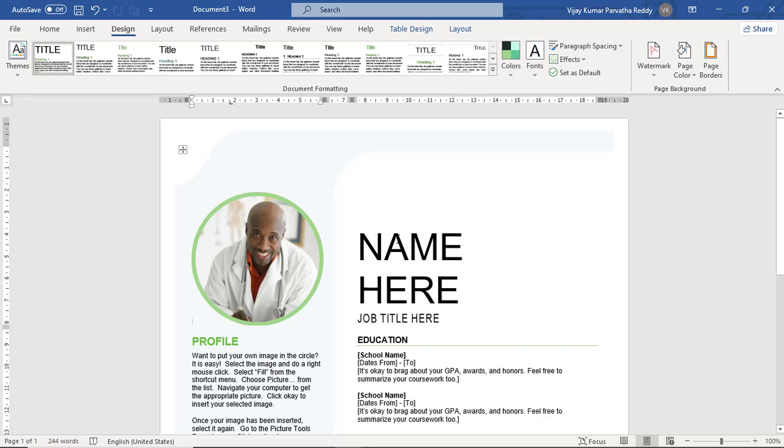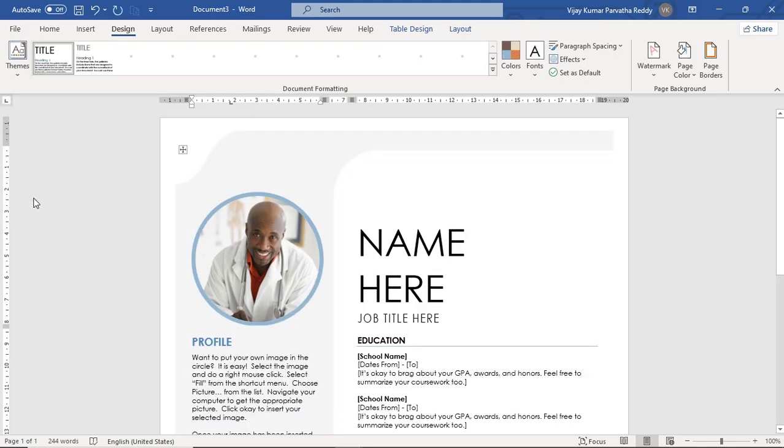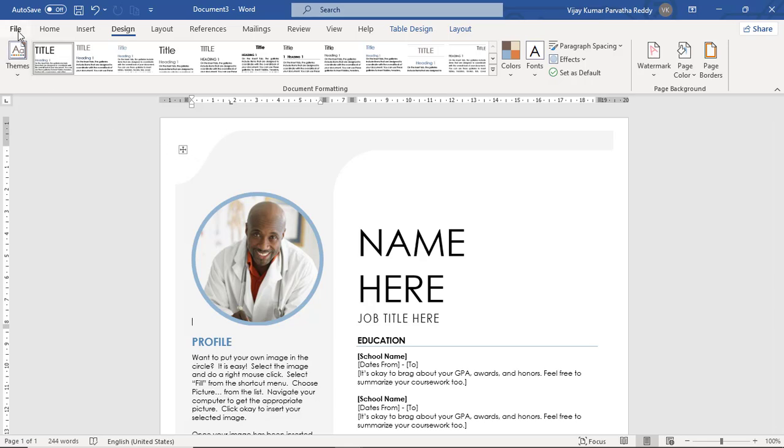And you can also adjust a number of formatting styles. And if you don't want this theme, if you want to reset back, an option is available: reset to original theme. So this is the theme. Basically, when you inserted the document at the very beginning,